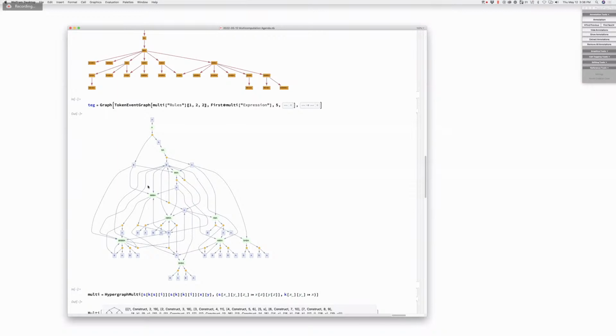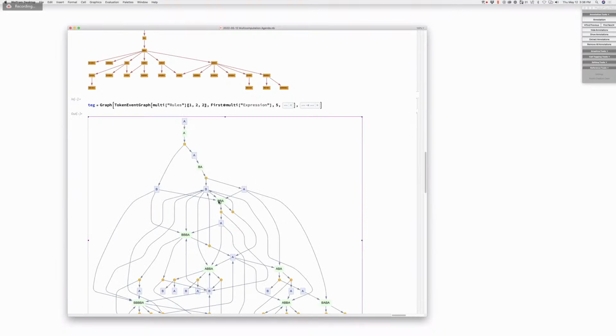So I'm confused by this picture. Nick, walk me through. Take this BBA state. There's an event that goes to A, and then that goes to BBBA. That event produced a number of tokens. One of the tokens was A, and then it just recombined with other tokens into a new state. And you show states as global states, that they act on the whole state, even though locally they only involve some number of tokens, not the whole state.